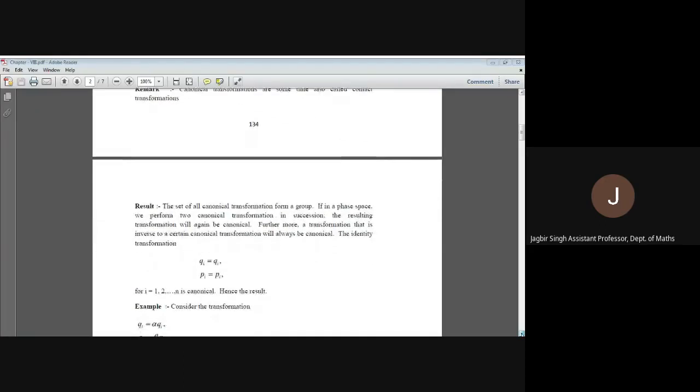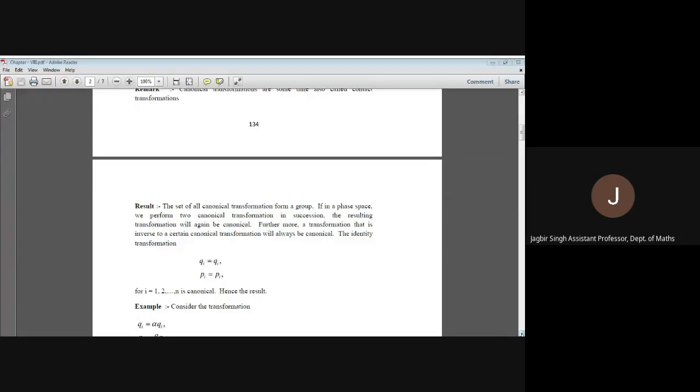Now in this result it is stated that the collection of all canonical transformations is a group. We know that the collection of all the transformations is a group. So here we are to prove that the collection of all the canonical transformations is a group. So the only need is to prove that this set is closed with respect to the operation, the composition of mappings. And if we are assuming qi tilde, pi tilde and qi double tilde, pi double tilde, two transformations,